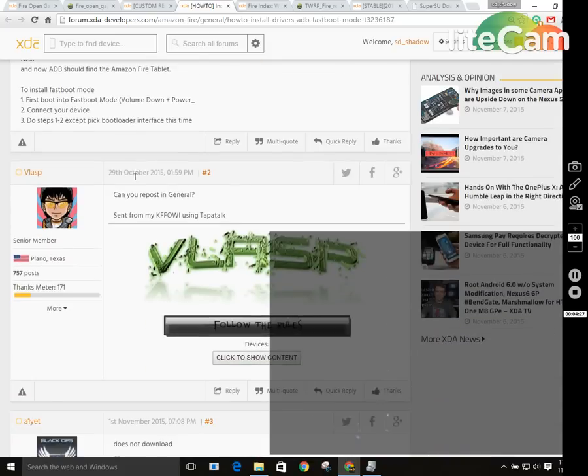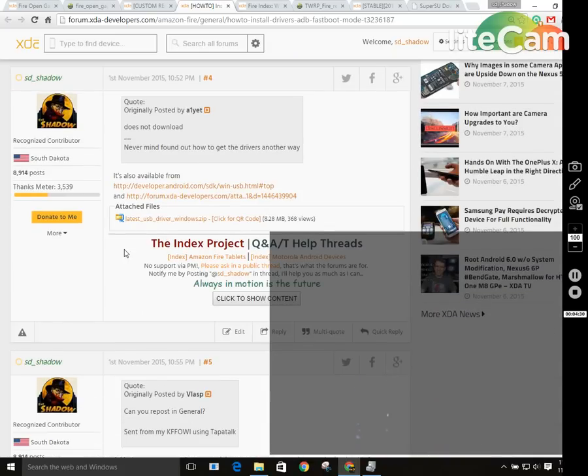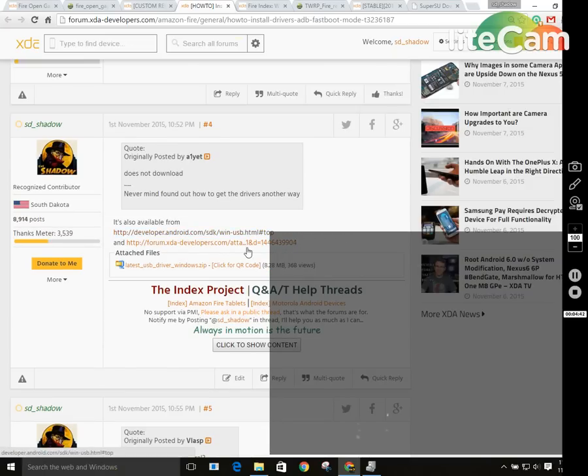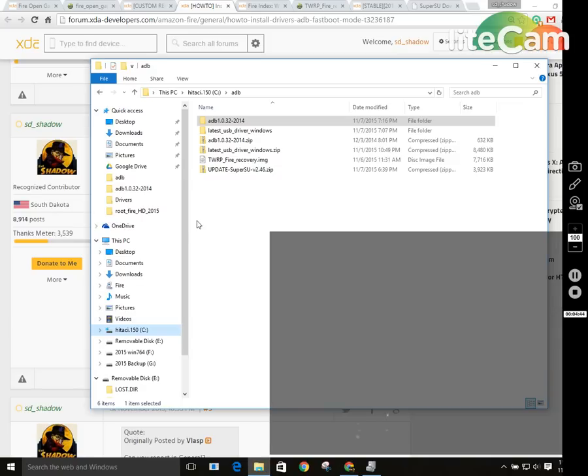I have a link to the files here. It's just an attachment on XDA. It's 8.28 megabytes. Once you've downloaded that, you can basically unzip it anywhere you want. I just have it in this ADB folder. You unzip it,